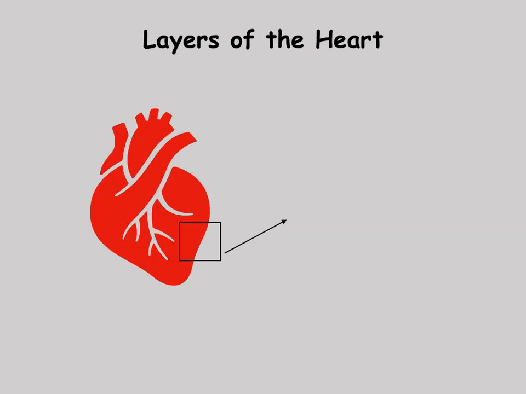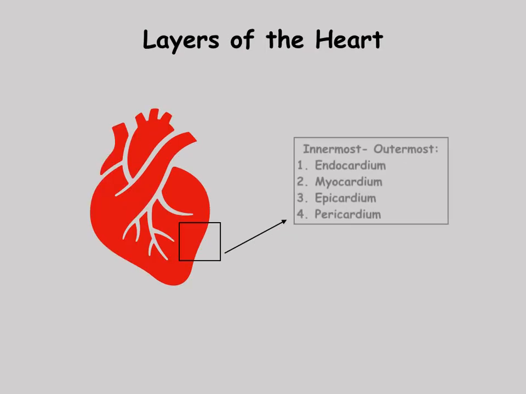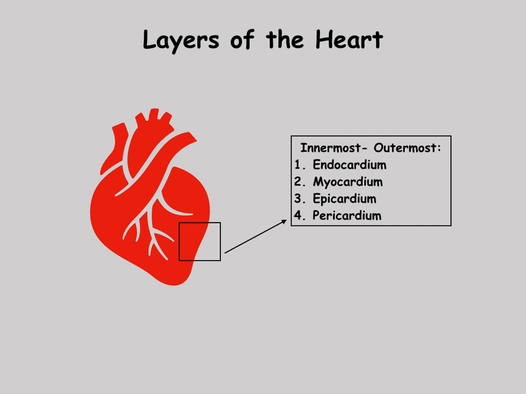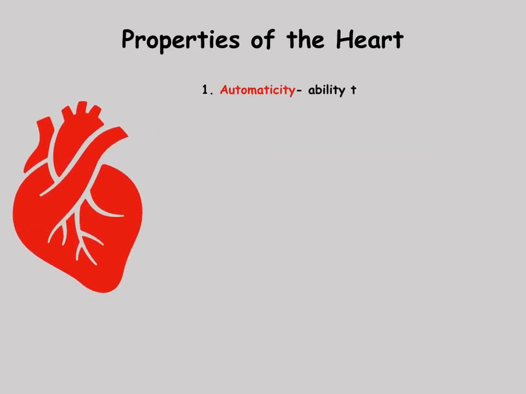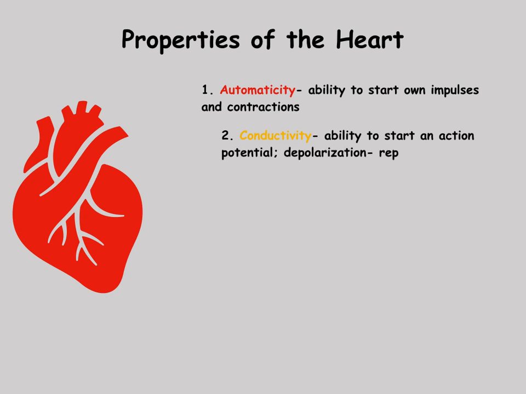The 4 layers of the heart include the endocardium, which is the innermost layer, the myocardium, the epicardium, the outermost layer, and the pericardium, the fibrous sac around the heart. The 5 properties or actions of the heart include automaticity, the ability to initiate its own electrical impulses and contractions;